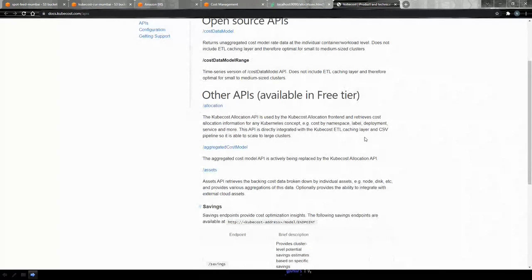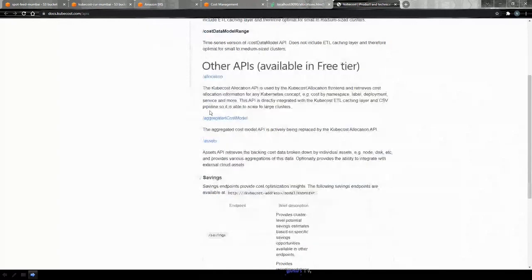So what KubeCost does out of the box is it's not aware of how much savings or how much discount you are having, right? So it will show you the unblended cost, that is the true cost. But if you want to see the blended cost, you can specify your savings plan utilization in the settings section of KubeCost, and that will give proper discounts. It will show you the discounted price. It also has additional APIs available.